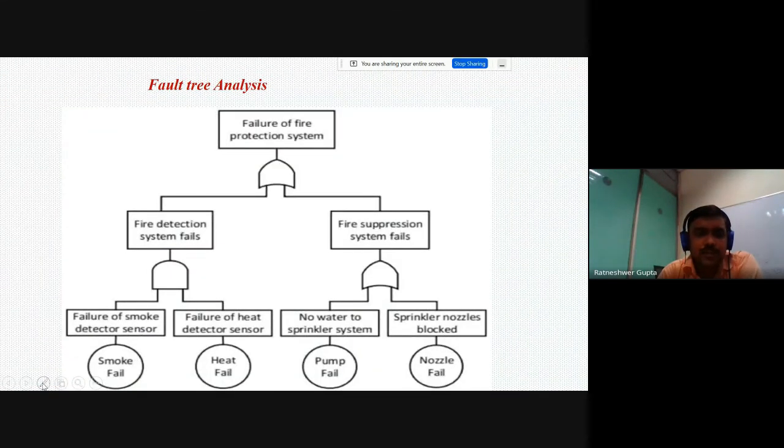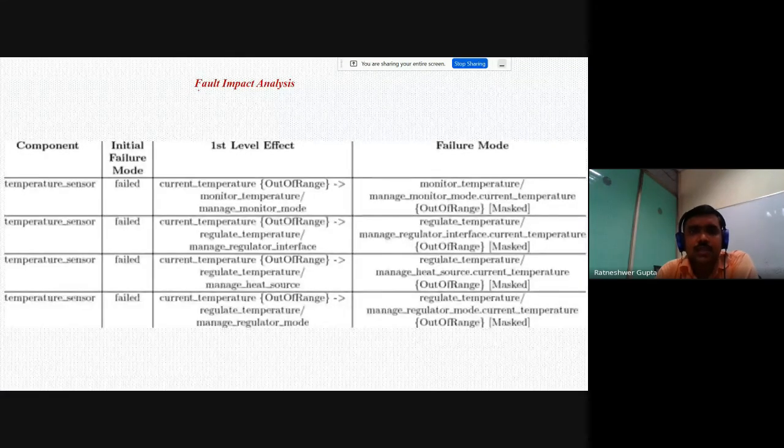Here we can make various types of analysis with this ADL architecture. We can apply fault tree analysis, to check the different types of faults that may exist in the system. Similarly, we can make fault impact analysis, to see the possible types of faults and their impact on the different components.